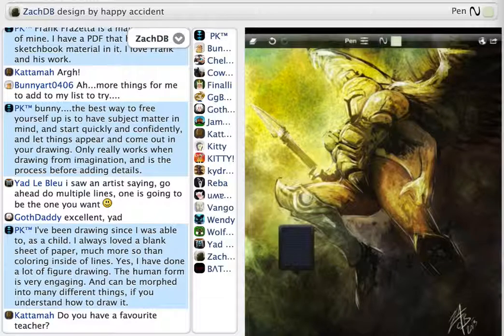I find the human form definitely the most engaging thing to draw, because it can be morphed into many different things if you understand how to draw it.